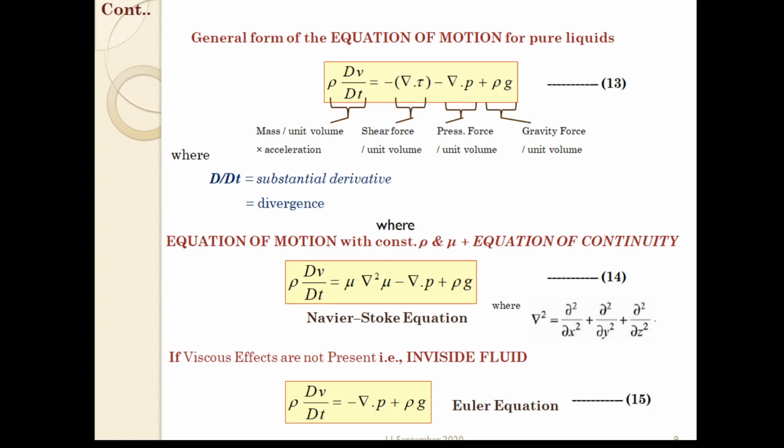Another fundamental relation in fluid mechanics is the special case of the Navier-Stokes equation where there is no effect of viscosity. Okay, so for a fluid of very low viscosity, or in other words for the inviscid flow, what we get from the Navier-Stokes equation is known as Euler's equation. Euler's equation has many fundamental uses in fluid mechanics. It is the starting point from where you can start to obtain Bernoulli's equation.